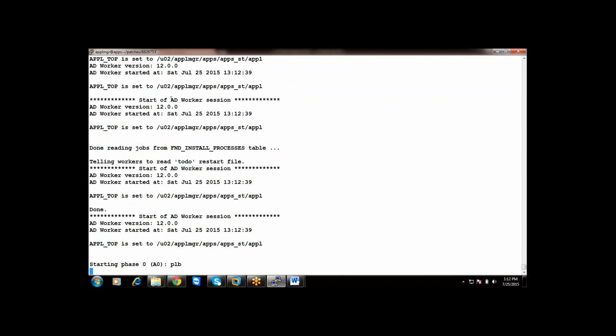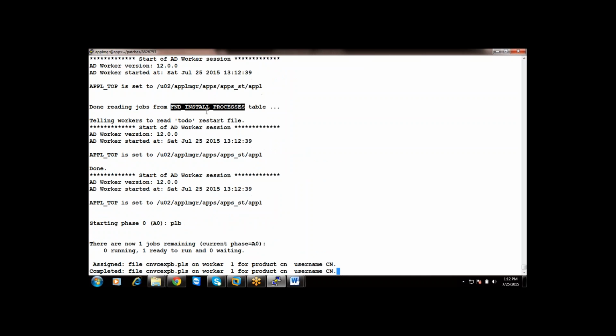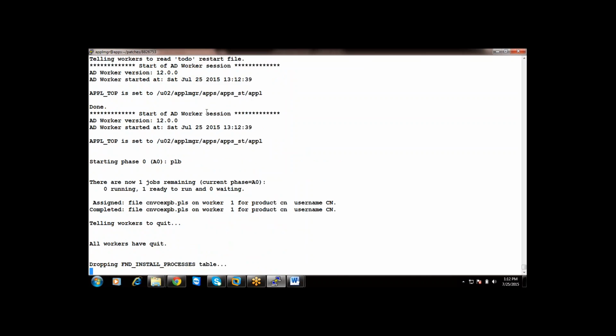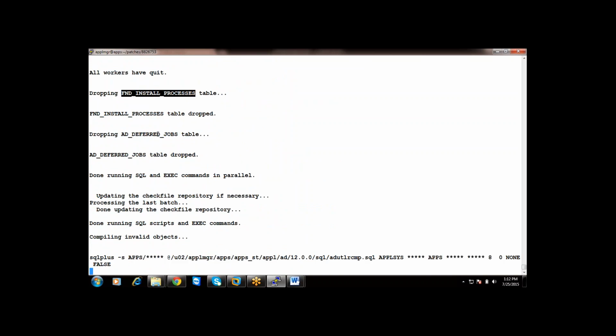See what it is doing? It is creating one table called FND_INSTALL_PROCESS. What is it doing again? It is dropping the FND_INSTALL_PROCESS table, and it is dropping the AD_DEFERRED_JOBS table.